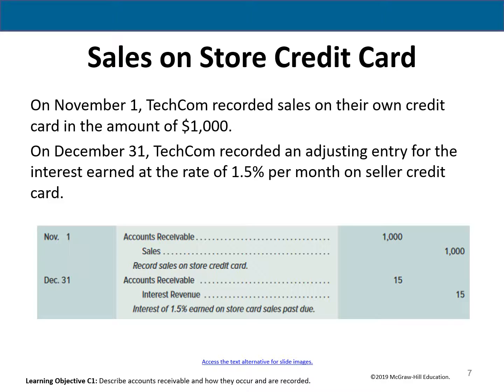1.5% per month. So usually interest rates are stated as an annual percentage, 12%. That means that interest rate is for a full year. So if it doesn't say per month, the assumption is that's the interest rate for 12 months. But since this says, oh no, this is the interest rate for 1 month, we calculate interest by taking the